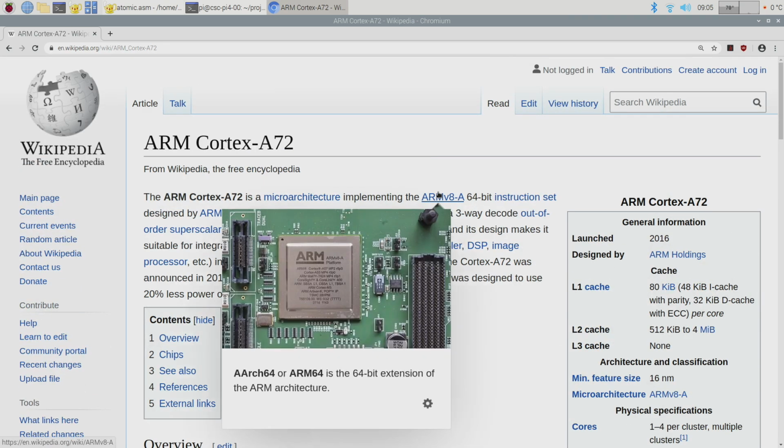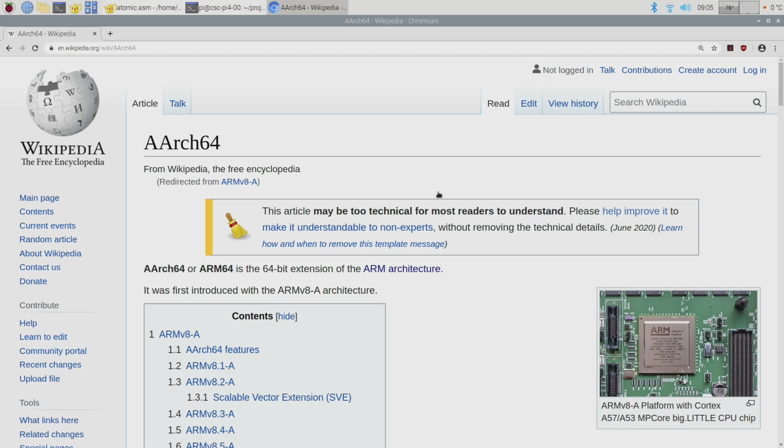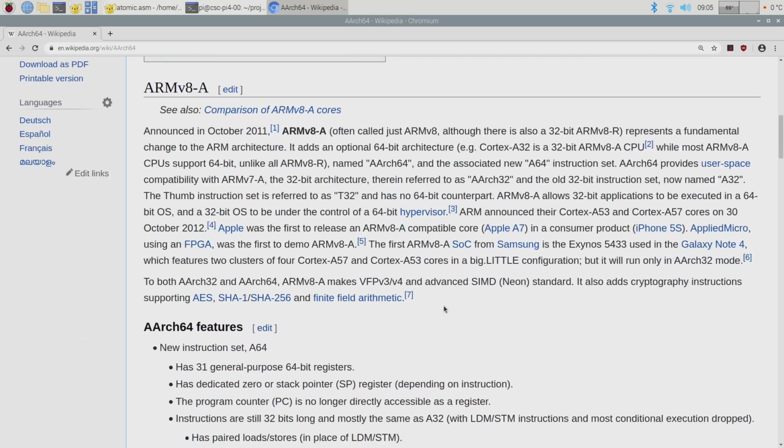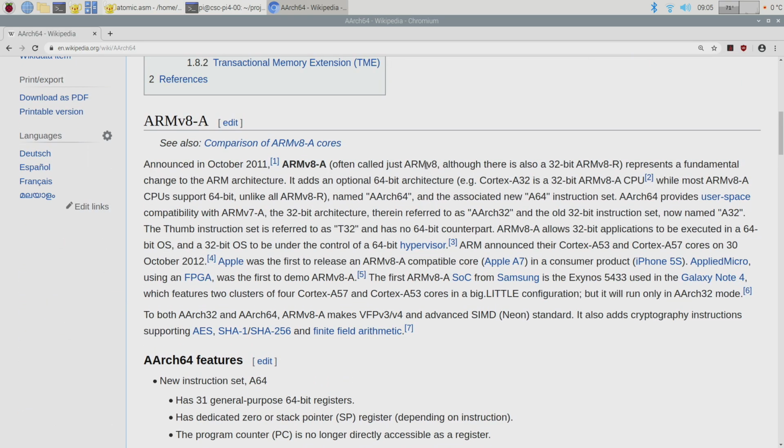But what I want to look at is ARM v8-A. Okay, so ARM v8-A, announced in October 2011, represents the fundamental change to the ARM architecture. It adds the optional 64-bit architecture named AArch64 with this new instruction set. Okay, blah, blah, blah. Apple was the first to release an ARM v8 core with the